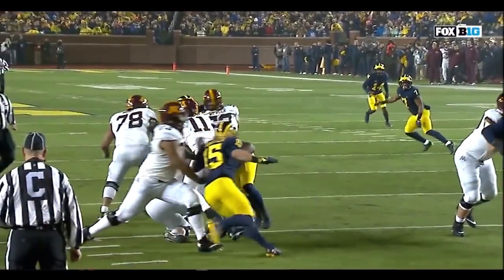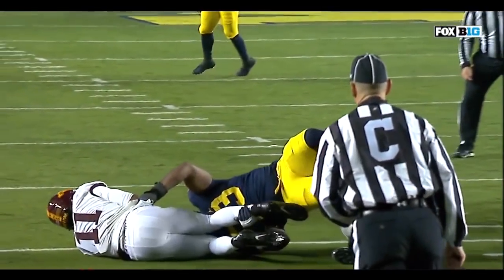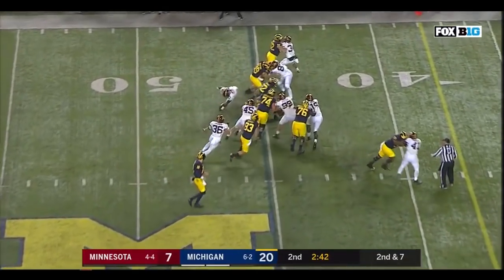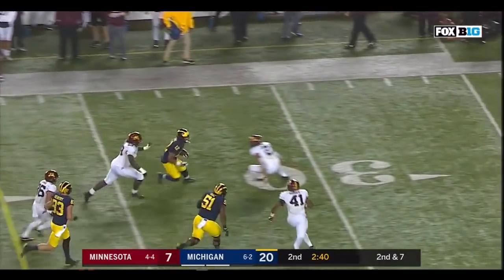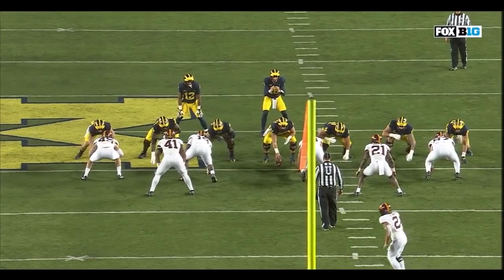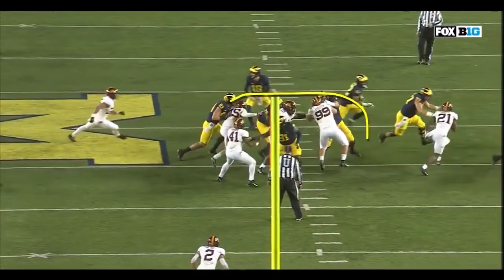And great to see that we're getting pressure with 4 guys and are able to maybe play a little more zone. 2:40 to go in the second quarter, and a nice 19-yard run for Chris Evans, this time with Patrick Kugler, Michigan center, pulling around the left side. Yeah, Michigan's going to try to get outside here. Ian Bunting does a pretty good job on the end, but it doesn't allow